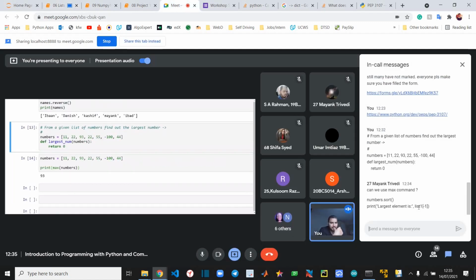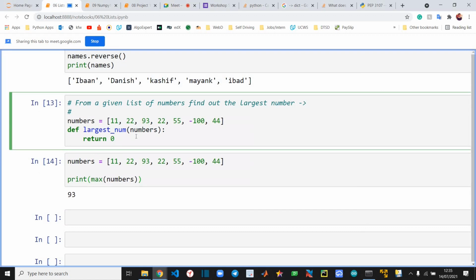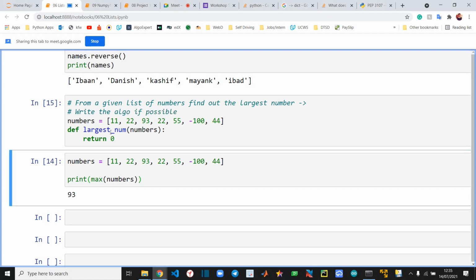Has anybody finished? Okay, numbers dot sort. Yeah, sounds correct. Sort, ascending order, and then the last one. Yeah, good. You can try to do the algorithm way, not even sort. That would be better. Write the algorithm if possible. These are small things.